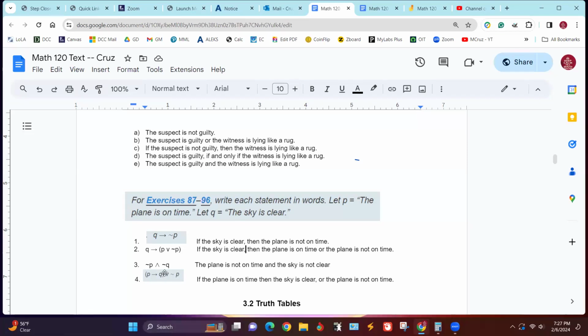So when we close that parentheses, that then is where the comma comes in and represents a comma. So if the plane is on time when the sky is clear, or the plane is not on time. So that comma is just showing us that all of this part goes together and is the first part of that or statement.